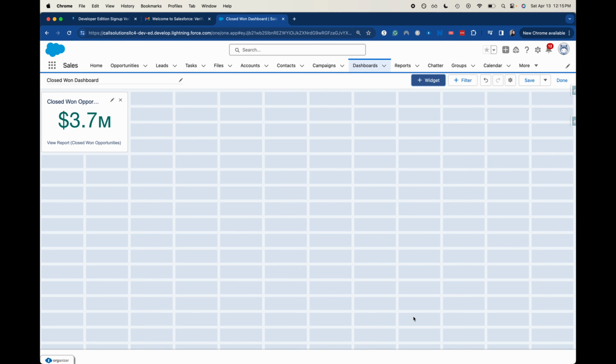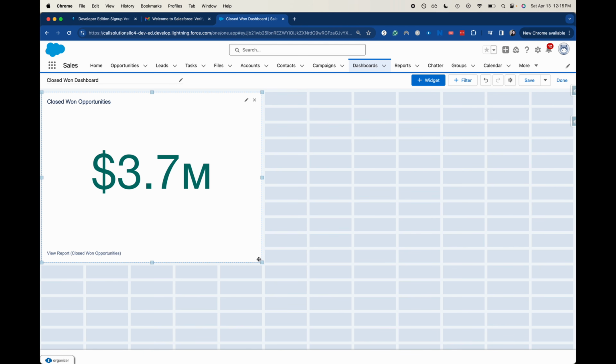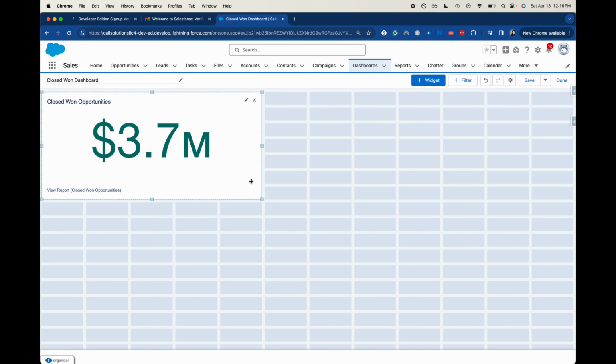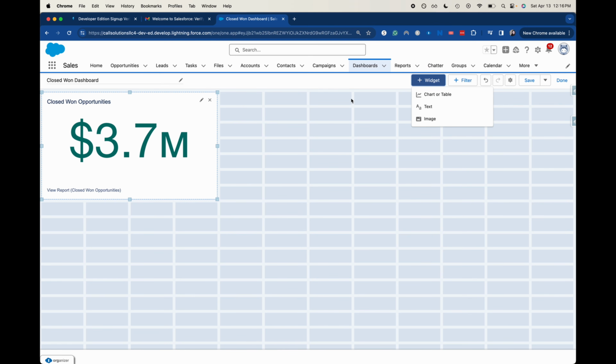I'm going to go ahead and add this one. You can resize it if you want it to be a little bit bigger, and then you could fit the other components here as well. I'm going to change it, and let's go ahead and add another one here